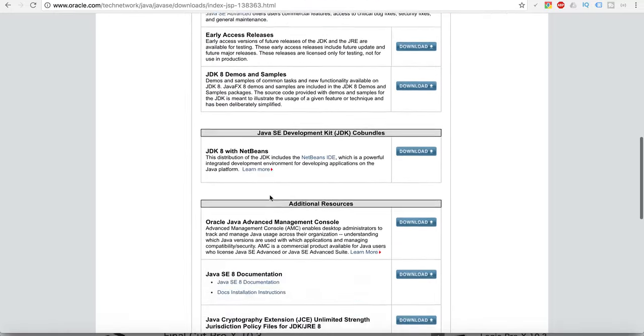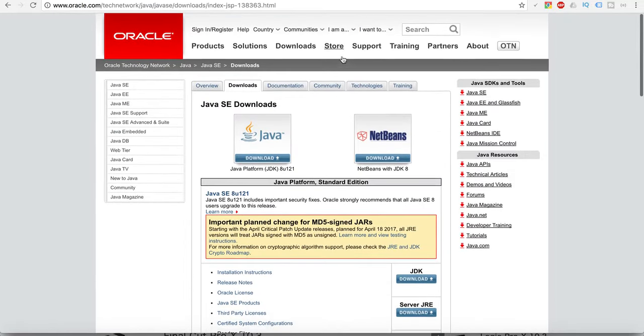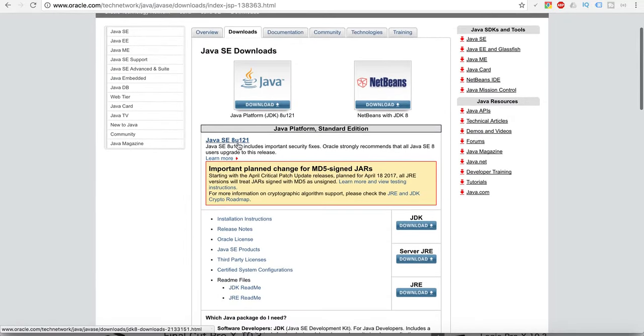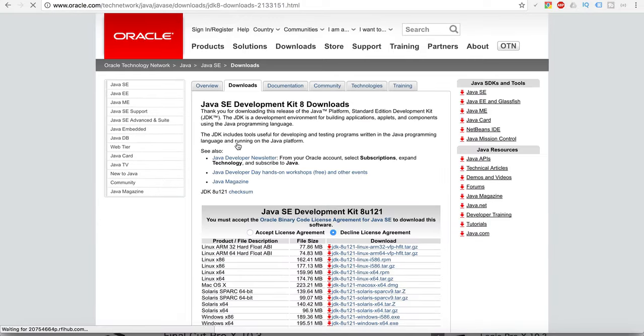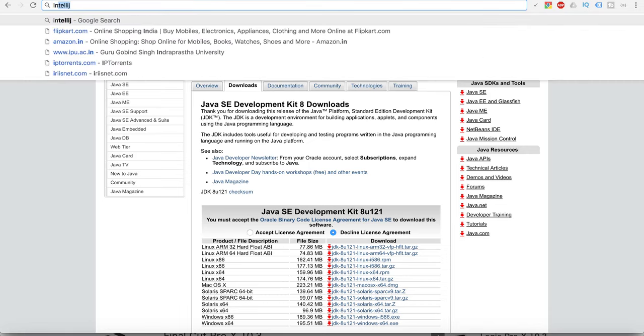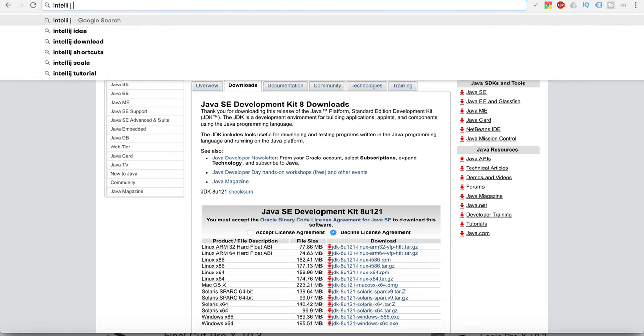And there's the link. I can also provide you with the link, so you have to download the latest version of the JDK. And another thing I'm going to do is perform programming on an IDE. What is an IDE? An IDE is basically an environment where you will do the programming, like Notepad is also a kind of IDE. So I'll do the programming on IntelliJ IDE.